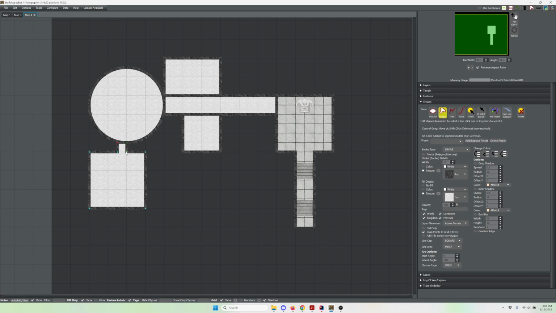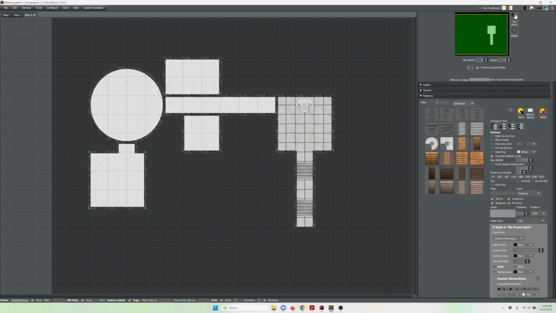A little bit narrow looking there. I can tweak this, if I want to do like that to even it out, we can. And that's our little five-room dungeon. And we can go back into features, and we can pick doors,